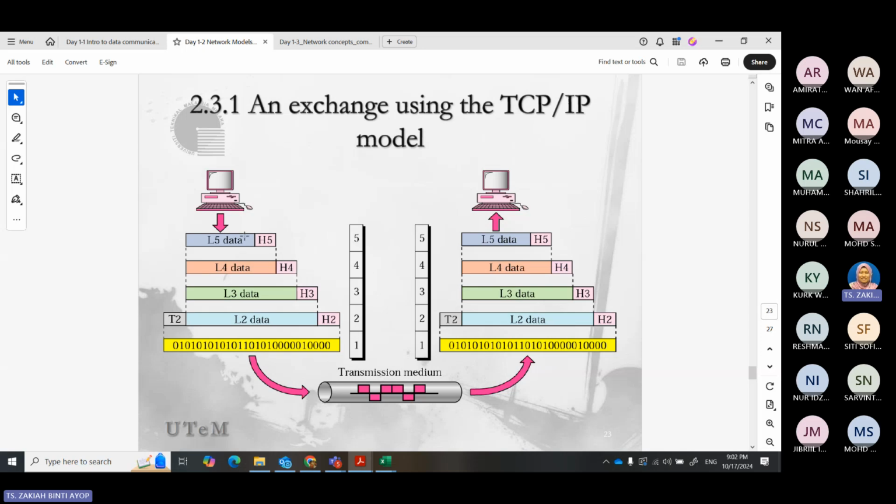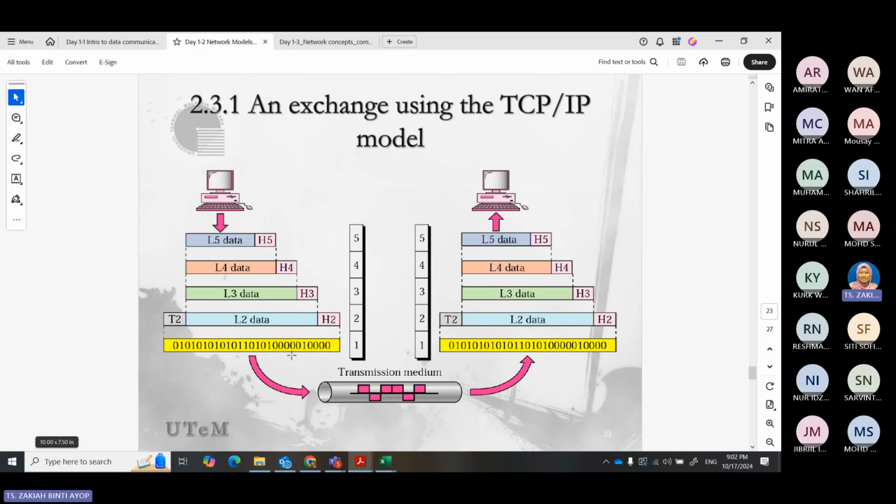So this is from the application layer, and then it becomes a segment on the transport layer. Layer 3 is a packet, or network layer, and then layer 2 is a frame. So where does the protocol data unit come from? The PDU comes from the TCP/IP.